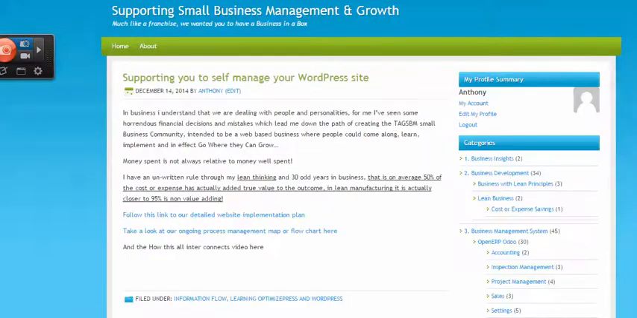Okay, so I'm back onto the latest post at Tag SBM, and I'll end up putting this shared link into here as well. So I now have a shared button. I now have what I'll call an email